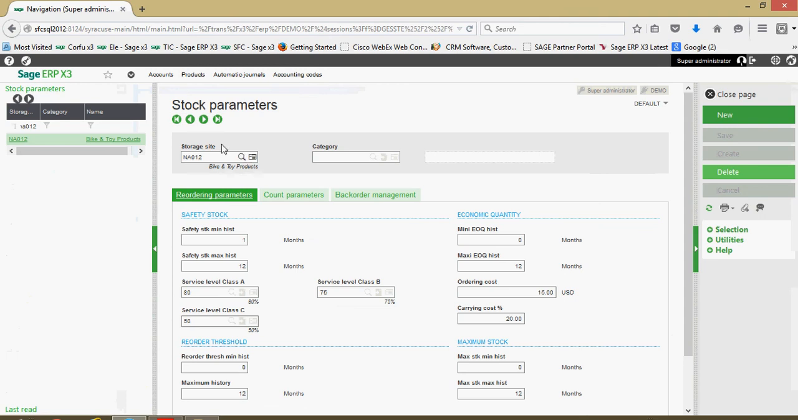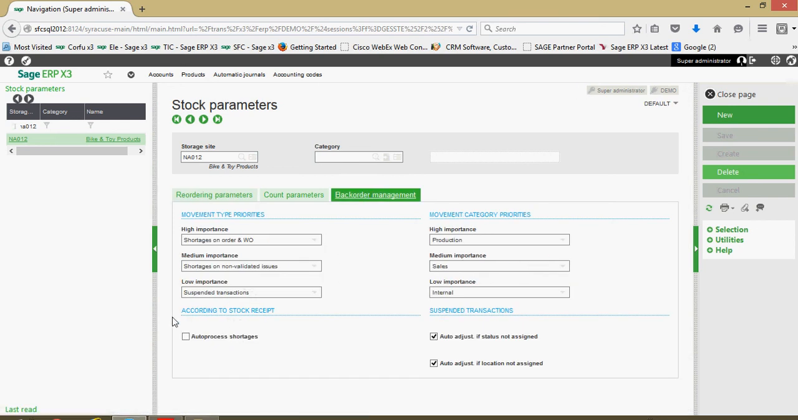Our stock parameter, we can go ahead and pull up our storage site, and we're going to come over to this back order management tab. So here down in the lower left hand corner, we have this auto processing of the shortages. With that parameter, I made reference to this earlier in our discussion. If that parameter there is set, what that means is if you do have a shortage condition on a sales